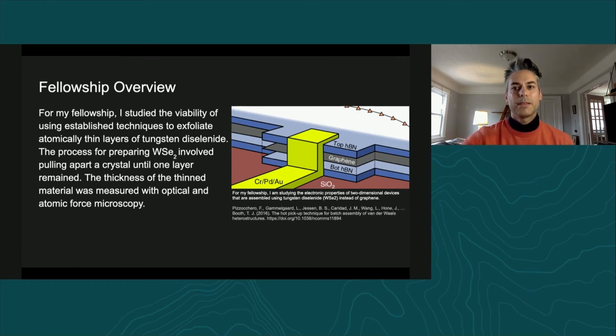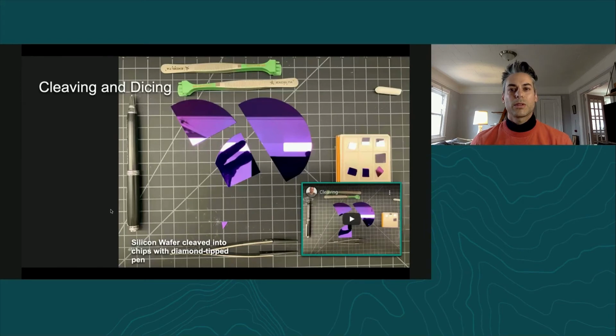In the lab that I was in, I was particularly working with the tungsten diselenide. I was literally peeling off, and you heard this earlier, the material from a tungsten diselenide chip with a piece of scotch tape and depositing it, layers of atoms one by one, on a silicon wafer.